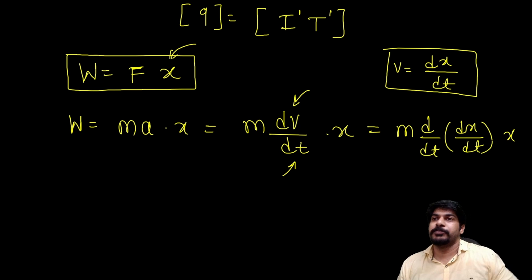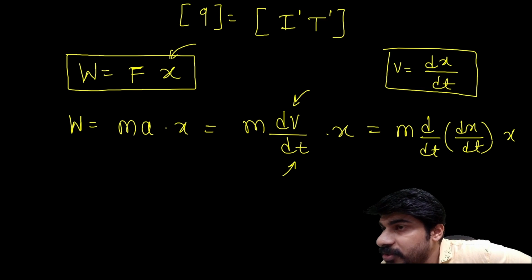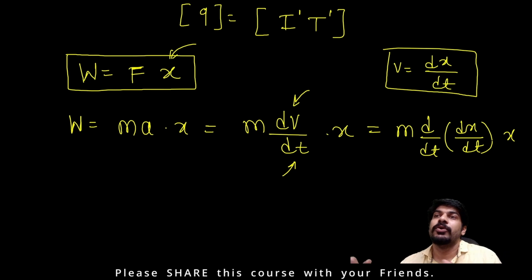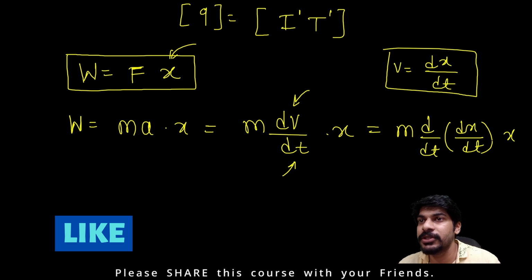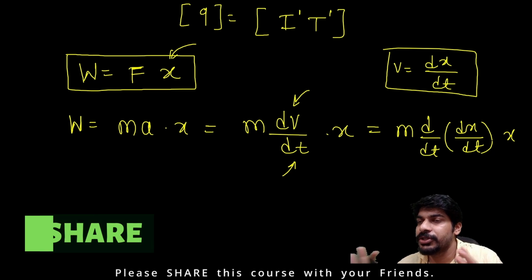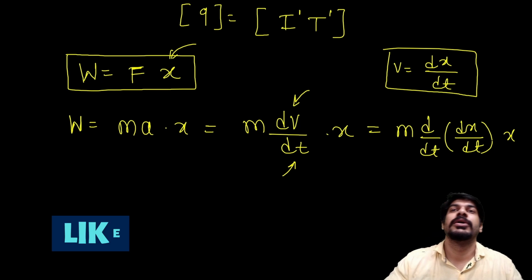See, you must know all these things. Okay, you must know all these things, then only you can actually find out the dimensional formulas for various quantities. Without the knowledge of all these formulas, you cannot find out the dimensional formulas for different quantities. Okay, somehow by hook or crook you have to know these things.